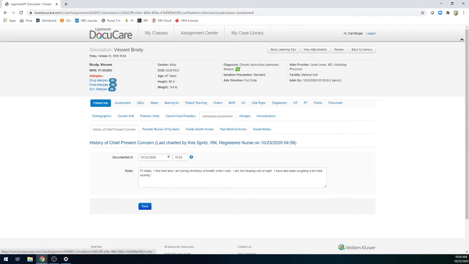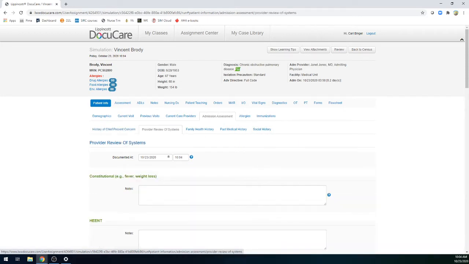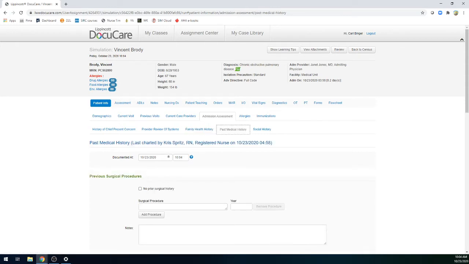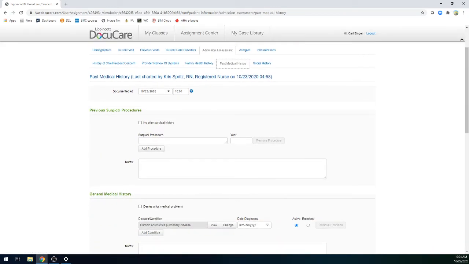Now, when I hit this mission assessment, it came up with all of these other ones. So hit these spots as well. Now, provider review systems, that's not us. That will be the physician. Family health history. Can you get any history from him? Did we get anything in that pre-report? Past medical history. Did we get anything off that